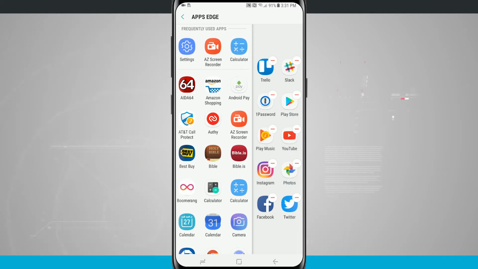Now, this is just a tip that I like to do. I like to put my most frequently used apps down at the bottom of the screen, since when I'm accessing the apps edge panels, or any edge panel for that matter, my thumb generally is over here on the right hand side, and it's going to access the ones down below first before the ones at the top, which are more of a stretch. So I just like to add those in from bottom to top,